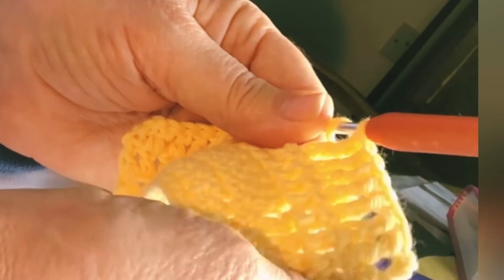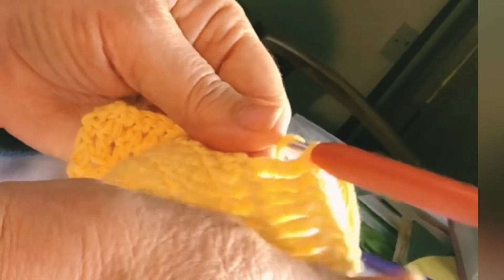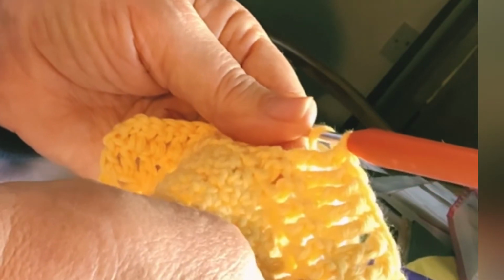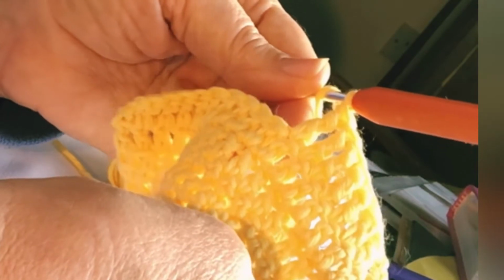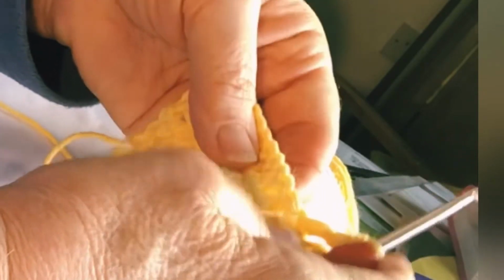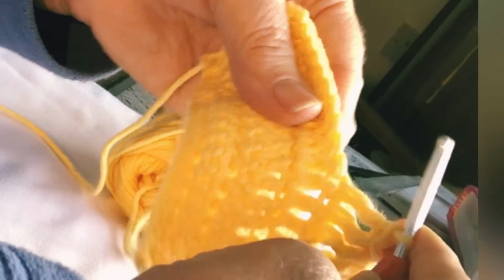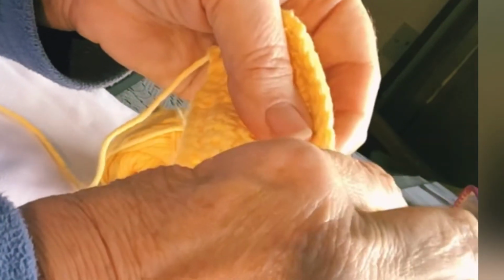Now, one last thing I want to show you, and it's a simple stitch called a slip stitch, which is used for joining and for sort of finishing off rows very often, particularly if you're working in a circle. And a slip stitch is very basic. I'm just going to skip a couple of stitches here to show you. You don't do any wrapping around the needle this time, you just go straight in, straight in,